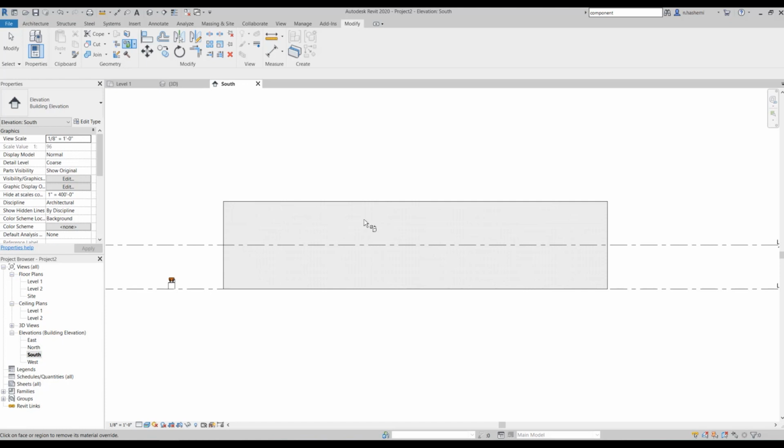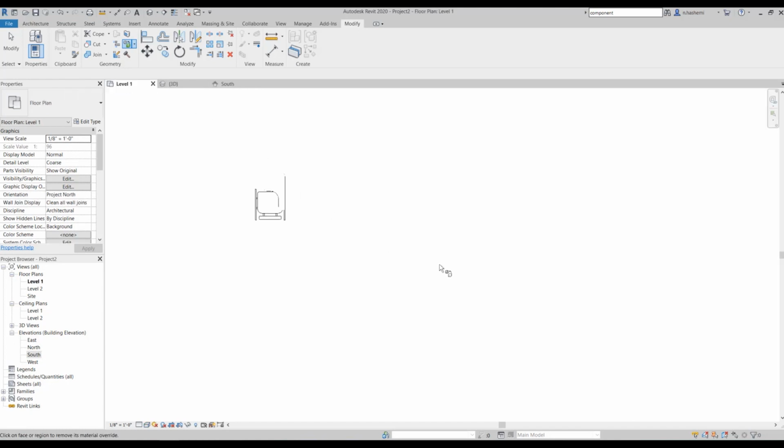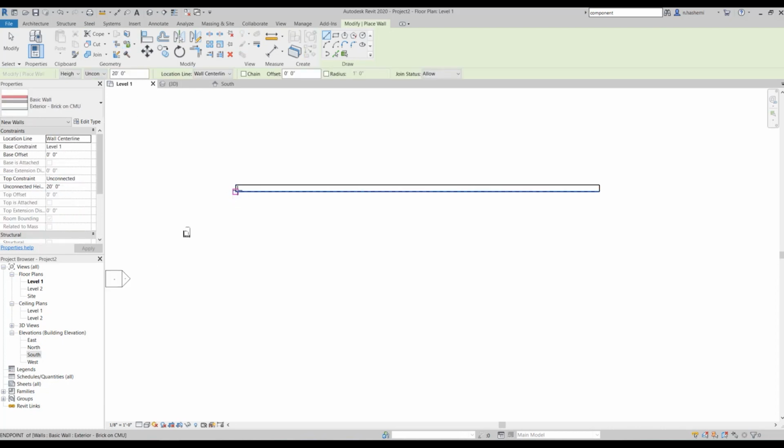Now I want to show you a problem you will probably face when you're using the paint tool. So let's go to the level 1 view. Now imagine that we have a series of offices here. So let's add some walls over here. We want to have a series of offices here.